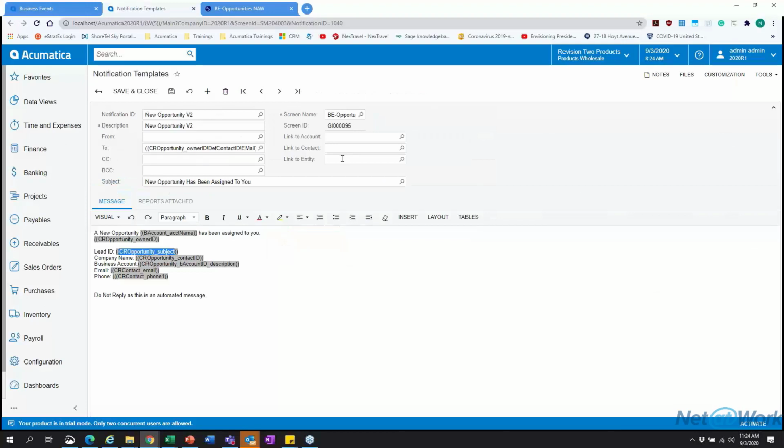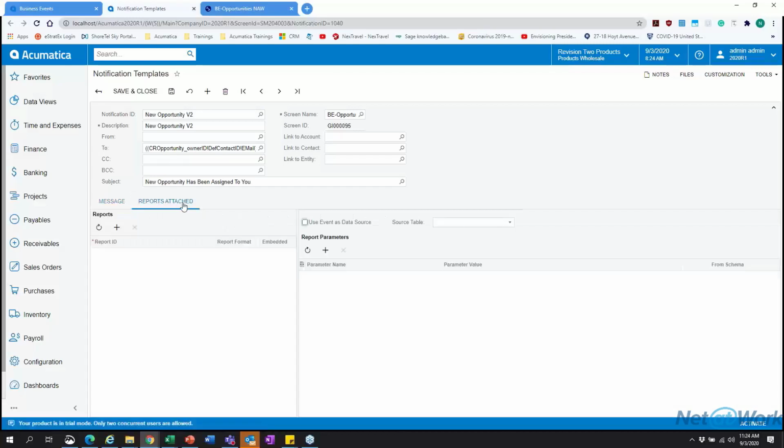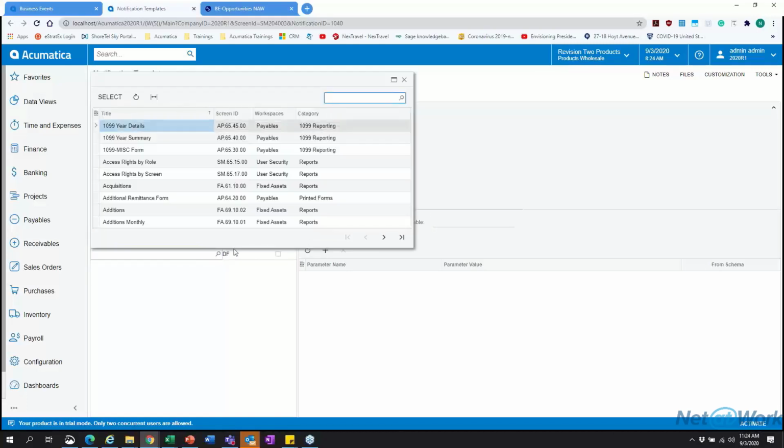A couple other things on here that are really neat: I did mention that I had a way to send automatic email reports a different way, but you can also apply reports to be attached in the generic inquiry automation notification here as well. So you can see here I can hit plus, go to the report ID, and these are all the individual reports that you could send. So in this case, let's